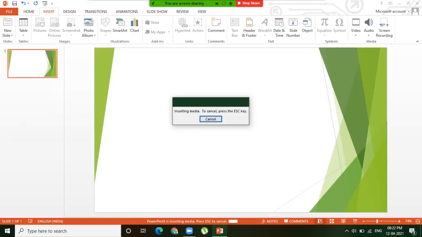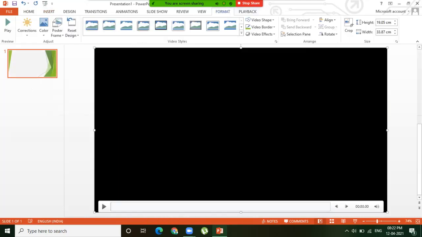Now you can see at the bottom that the video size is large, so that's why it is showing progress here. The video is being inserted; the process is going on. You can see it at the bottom. After finishing, the video is going to be inserted into the presentation. It's a big file, so that's why it is taking a little time. If you are inserting a smaller video clip, it will insert very fast.